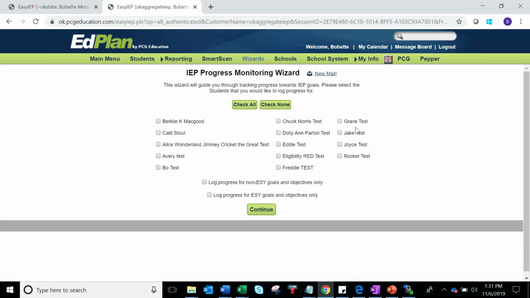In this case, we were working on Grace, and Grace is in our wizard. You can check everyone in your Progress Monitoring Wizard, or you can check none and only check the student that you want to log your progress monitoring on. In this case, let's just click on Grace. You have two choices here: log progress monitoring for non-ESY goals and objectives, or log progress monitoring for ESY goals and objectives. We're working in the school year, so we're going to log progress for non-ESY goals and objectives. When I click Continue,